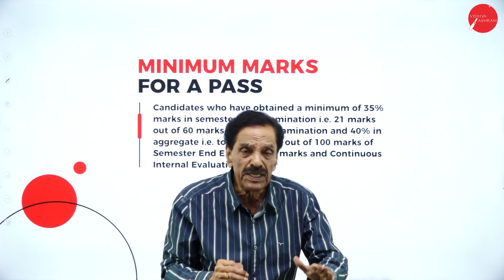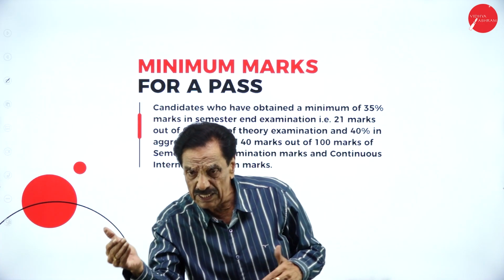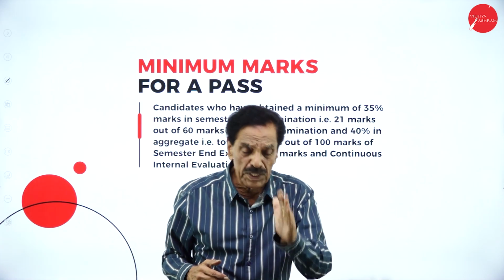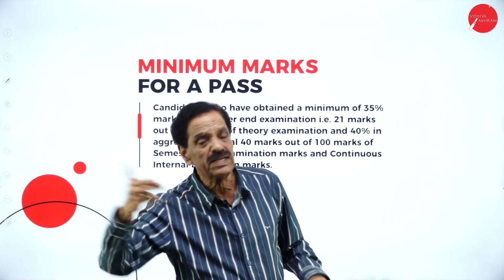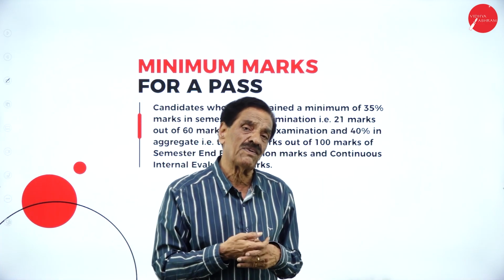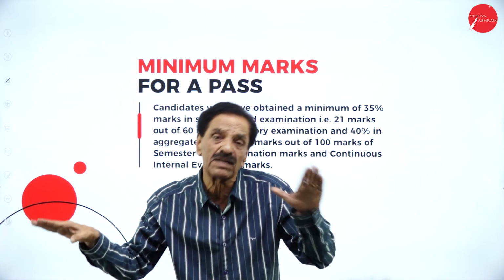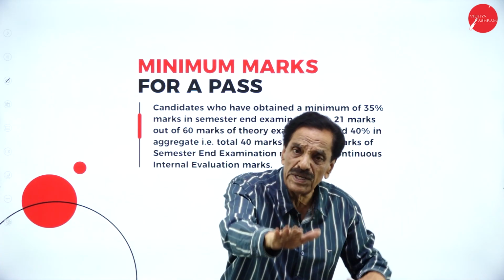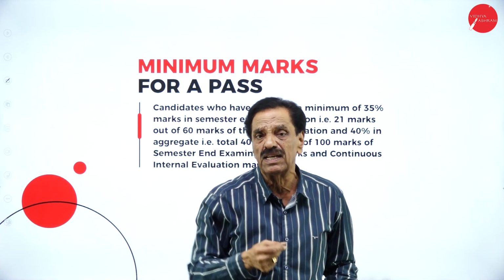If you score 20 in the paper and 20 in the internal, you have failed. You are not upgraded. So minimum 21 has to be scored, and the balance 19 you have to score in the internal. By chance, if you do not attend the internal, it's a failure for you. Totally 40 marks coverage. So 60-40: for 60 marks, 21 is a must, and the balance 19 from the internal.